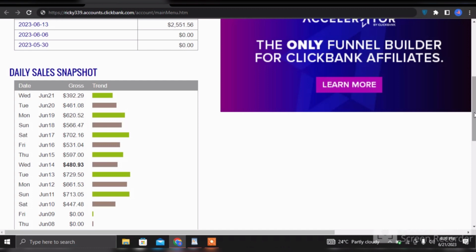What is affiliate marketing? Affiliate marketing is selling a product for a company and getting a commission for each product you sell. Commission is a percentage of the total price that you sold the product for. For instance, if a product costs $100, your commission on it can be $15 or $20. So the higher the price of the product, the higher your commission. Also, the higher the number of products you sell per day, the higher your commission per day.